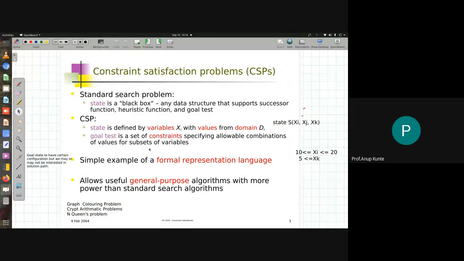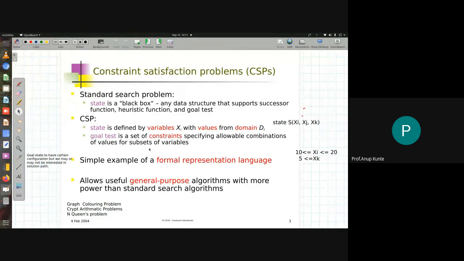The next thing we need to understand is, once I know the state variables and the domain that the variables have, the third important criterion is to find out what the constraints are and what type of constraints are posed on the variables. Are they constrained on a single variable, or posed on multiple variables at a time? How the variables participate in the constraint is also important when we are defining a CSP.